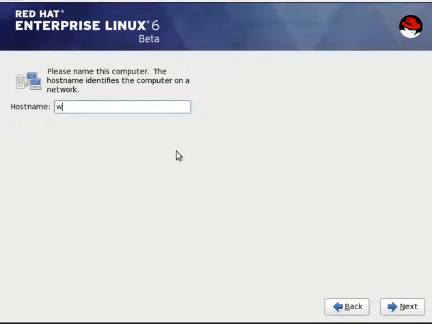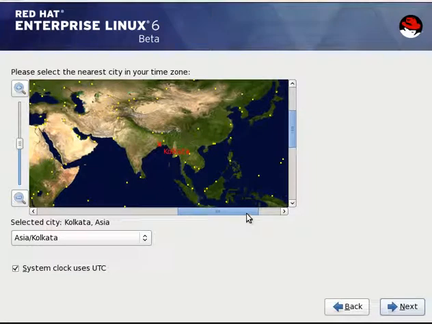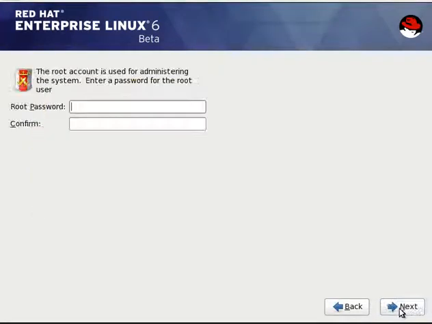It will ask for the host name. You can give whatever host name. I'll go with www.linuxnext.com; www is my host name here. Say next, and you can select the location. You can select the location for your machine, then say next. You can give the root password, anything, but make sure that it's complex so that it will not prompt you about a dictionary word and so on. That will be a little bit annoying, so I'll just go with a complex password. Say next.